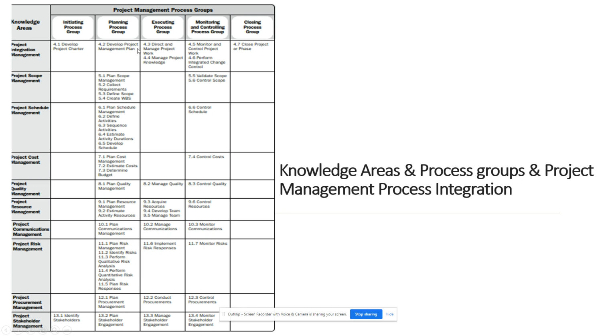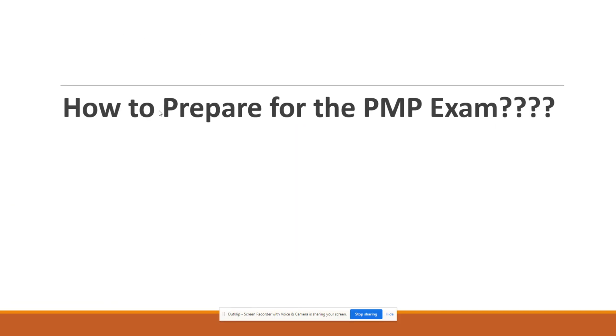So if you read develop project management plan in the Rita book, you have to study the same concept in the PMBOK. You have to use both in parallel. I advise you to read both books at least 3 times. There are also practice questions and answers in the Rita book. You have to practice those questions. When you answer them, you will come to know how difficult the PMP exam will be. If you need to complete these things before 30 days of the exam, you have to start the online practice exams before 30 days. That's very important,